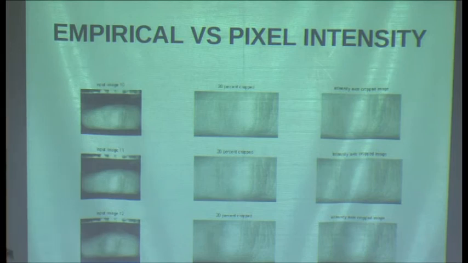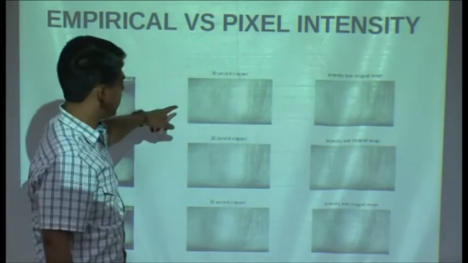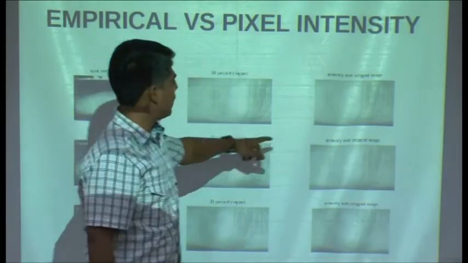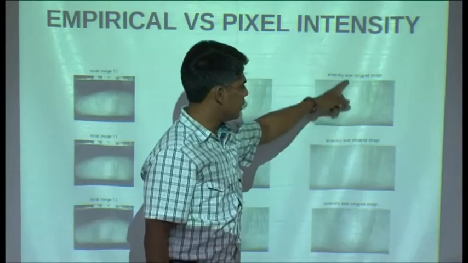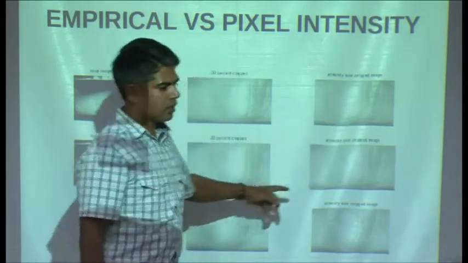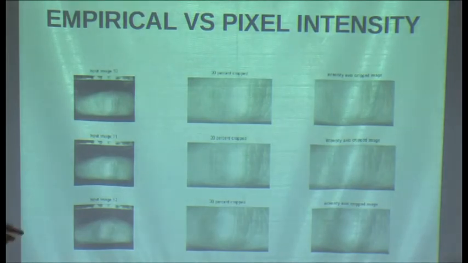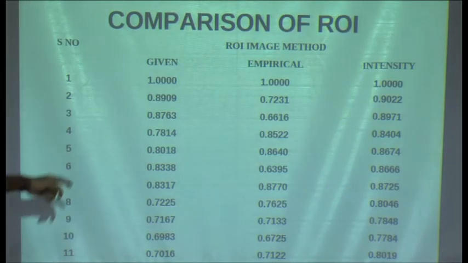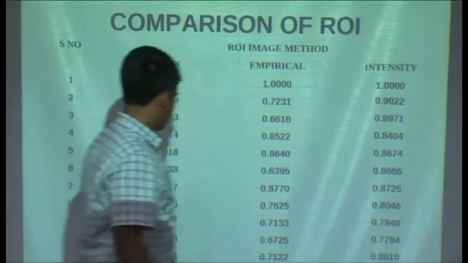Now tell me. So this was the last thing which I did. This is the input image and this is the empirically cropped one where you don't require any computation. And this is the one which takes the intensity axis as the central axis and drops onto the vertical axis. After that presentation we had discussed with Mr. Aditya. Then we approached comparing the images. We have already got an ROI cropped image from Polygon. We run a correlation on each of these images. So what I have done is that I had taken those images, that is 12 images.